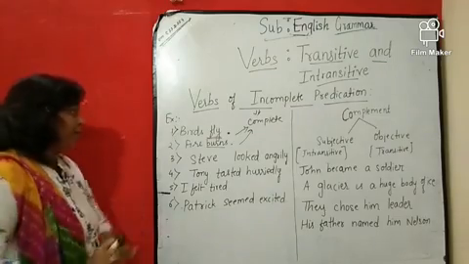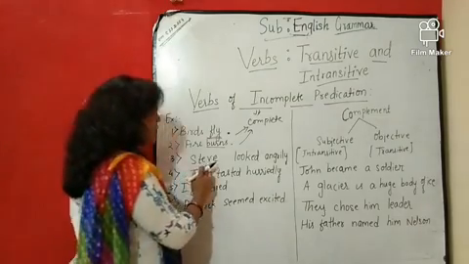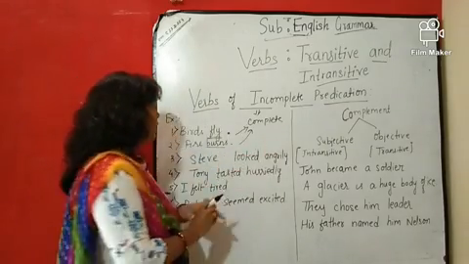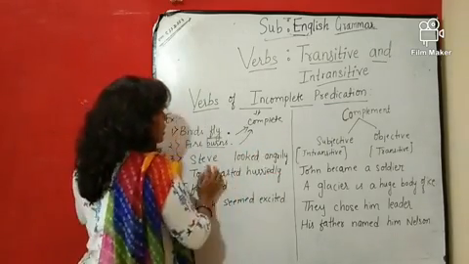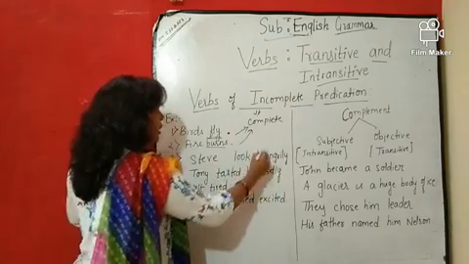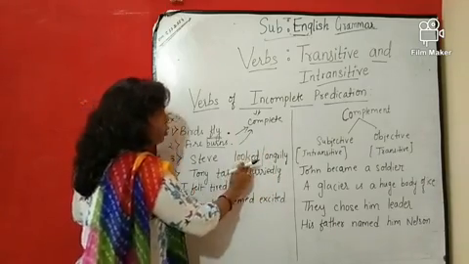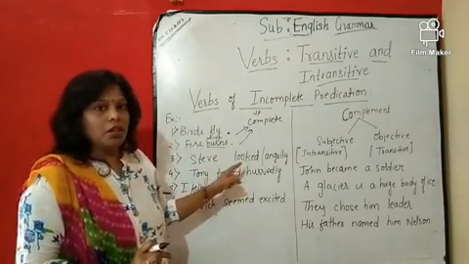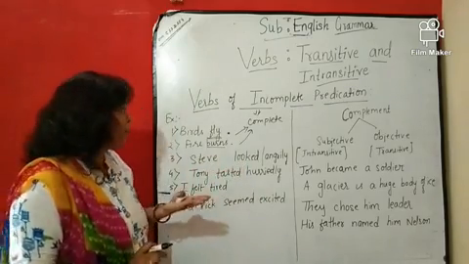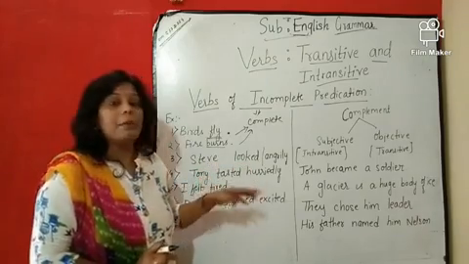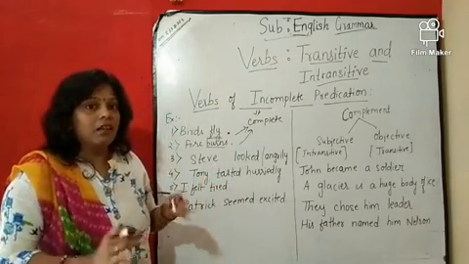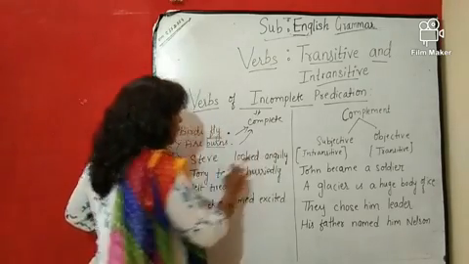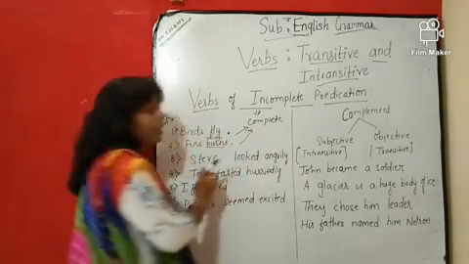Now look at this example. Steve looked. अगर मैं सिर्फ इतना लिखती हूँ, Steve looked, so it's not completed. Steve looked. Steve ने देखा. Right? Steve ने देखा. But what he has seen, we don't know. Here is a question mark. So here I have written angrily. Steve looked angry. उसने देखा.